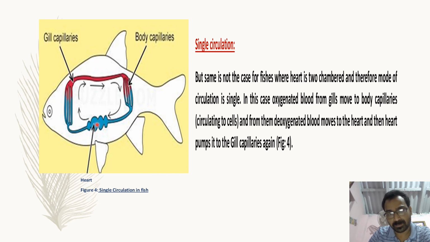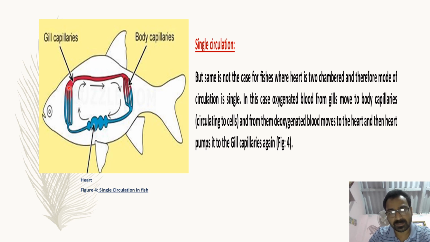Here the heart pumps this carbon dioxide laden blood back to the gills again. So gills again work as an area for the exchange of gases. CO2, being high in concentration, will diffuse out to the water in the surrounding, and oxygen, being higher in the surrounding area, will enter into the blood by means of the gills.